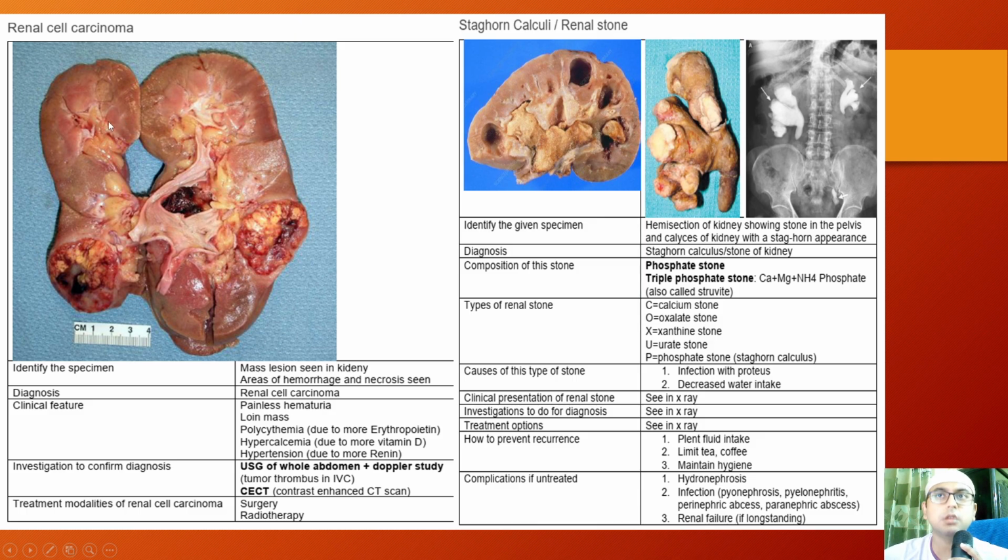So the only option is the surgery, followed by radiotherapy. And you can see the staghorn calculi. The stone looks like the horn of a deer, male deer. That's why, and it is present in the whole pelvis of the kidney. So the only option is non-surgical management, that is ESWL. Then the stone is extracted by Dormia basket, or if minimally invasive technique, that is percutaneous nephrolithotomy,